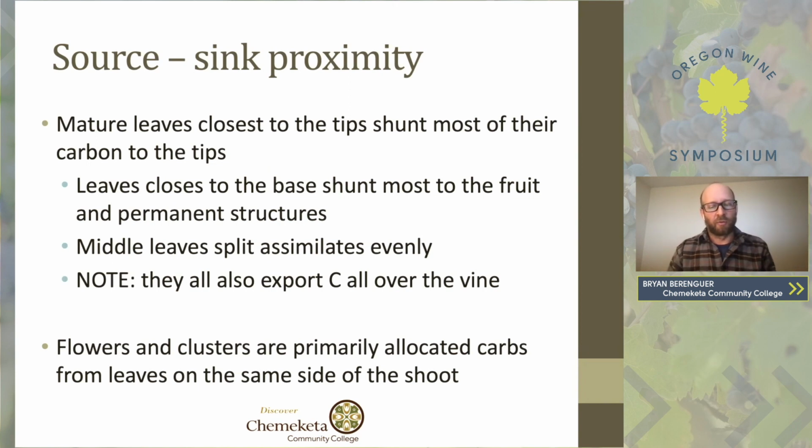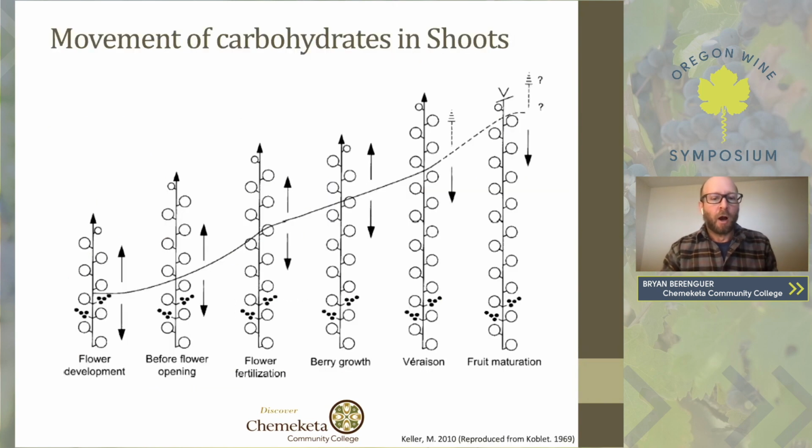So not only in the shoot or the stem, but also down to the roots. Flowers and clusters are primarily allocated carbohydrates from leaves on the same side of the shoot. That is, of course, up to veraison, when a lot of the canopy is producing sugars and pumping that sugar down into the berries. And so here's quite a nice picture looking at the movement of carbohydrates, or source to